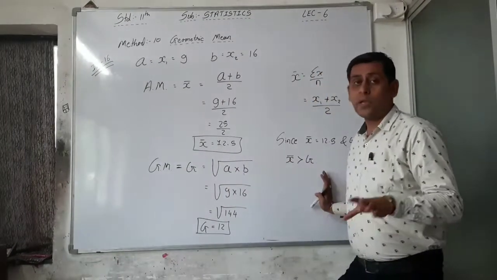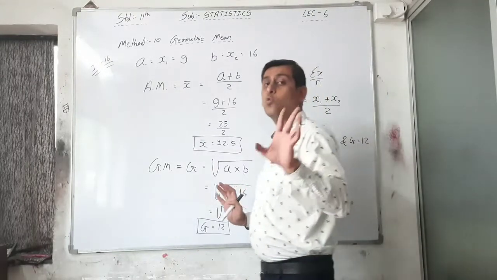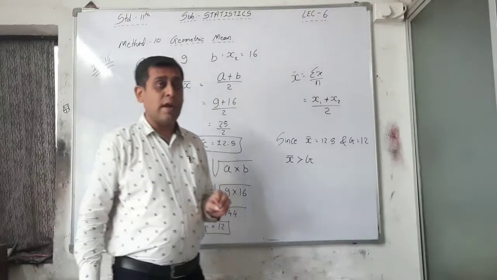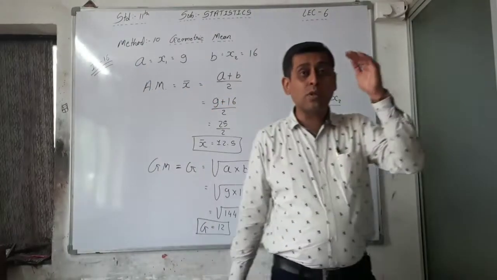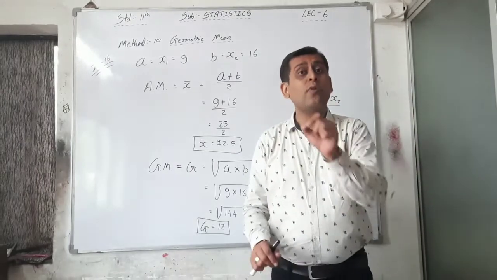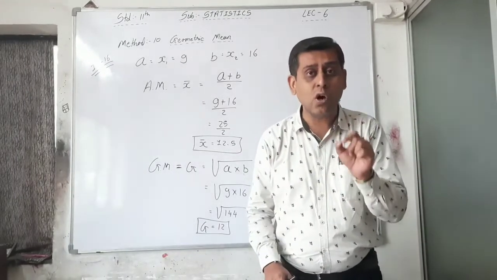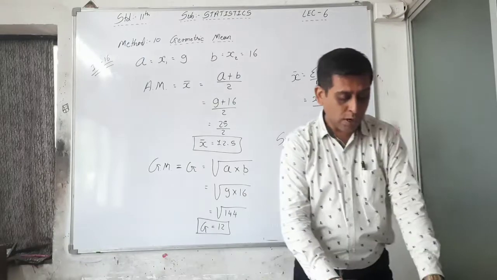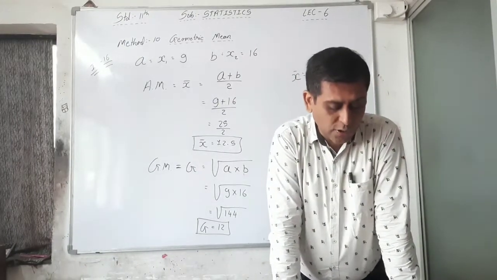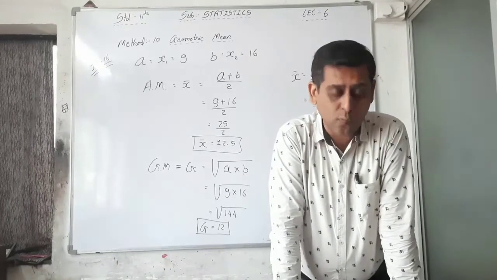See, these sums will be asked for 2 marks or 3 marks, right? So these are the short sums, and at that time more than 5 or 10 short sums will be asked. So you have to find out which one is of geometric mean. So I am explaining here the sums of exercise 3.3 because that is your homework.